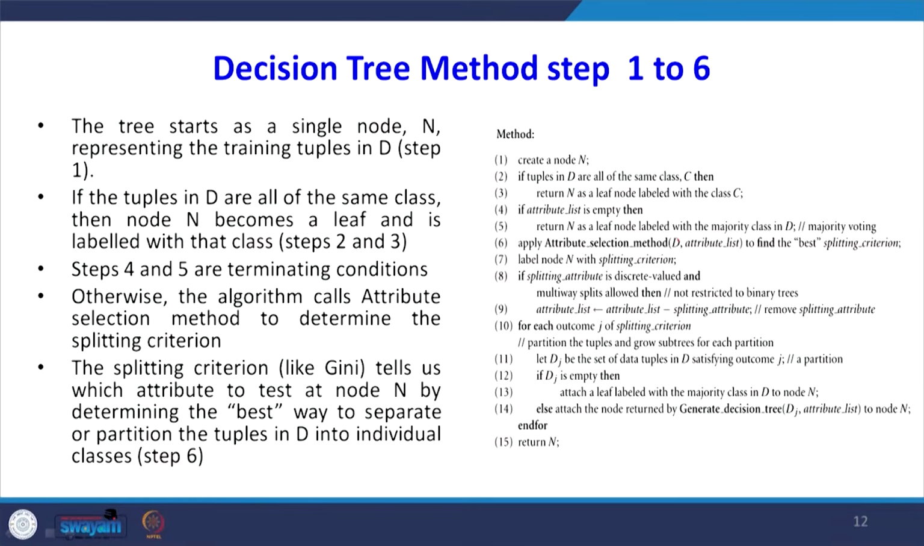So steps 4 and 5 are terminating conditions. If the attribute list is empty, that means you have to go for each attribute. Otherwise, the algorithm calls the attribute selection method to determine the splitting criterion. Suppose only one attribute is there. If there are remaining attributes, to choose that attribute, you have to use the attribute selection method to determine the splitting